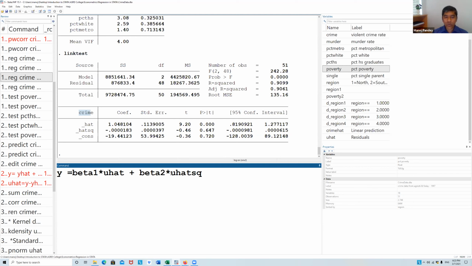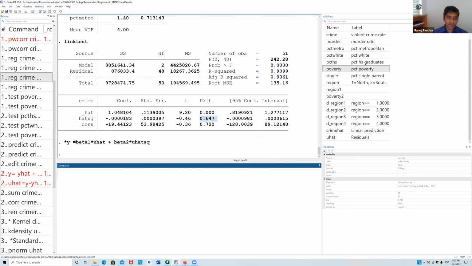If you run this regression and u hat square is significant, it means that the model is not specified; there is some issue. But this linktest says that it is not significant, so the model is well specified. So we can say that the test is passed.